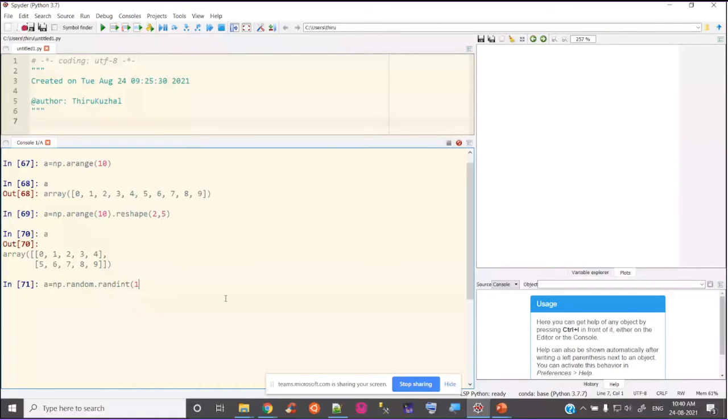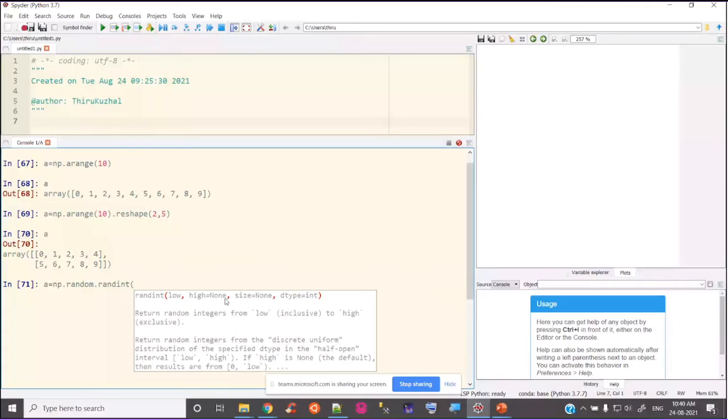So the low value is 1 and the high value is 5. Okay, so I want to create a randint of, okay, just a minute.